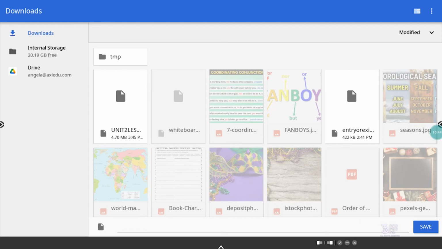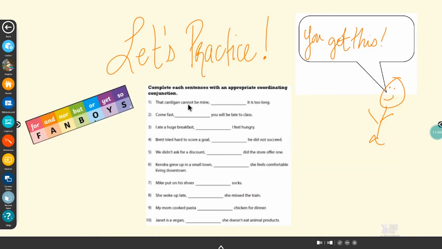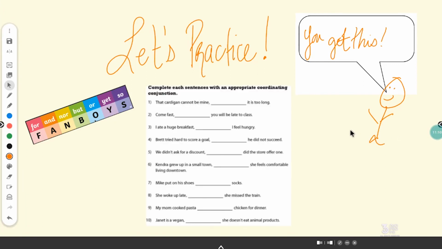So now with my students, when we come in and we start using our worksheets or adding content to it, what I can do now is I can use it, and when the next class comes in, I can just come in here and fill this in for my students, and then if I have any other fill in the blank stuff, do that. When my next class rolls in, well, because I have annotations on here, like let's practice, you've got this, those other things,